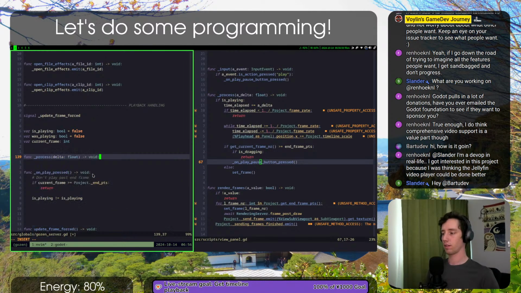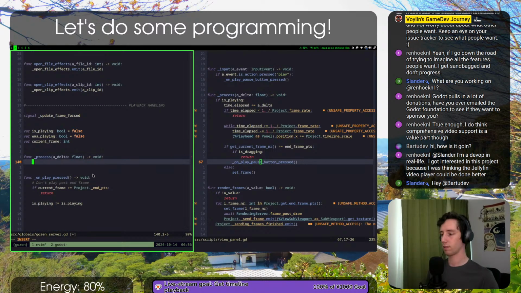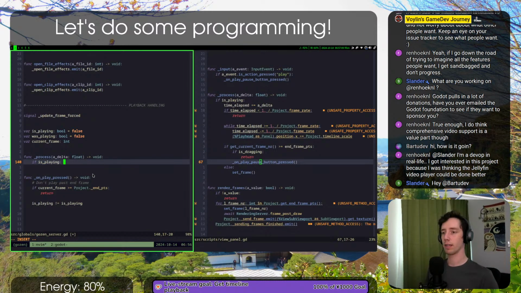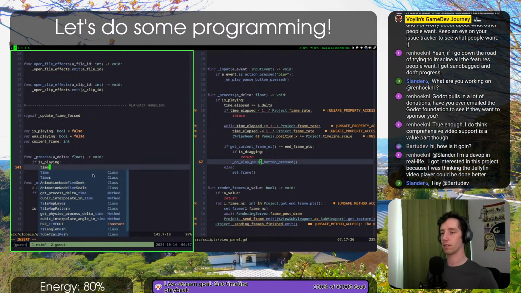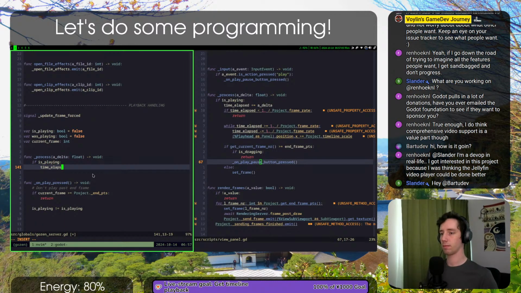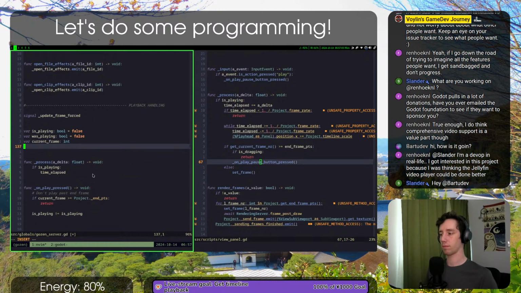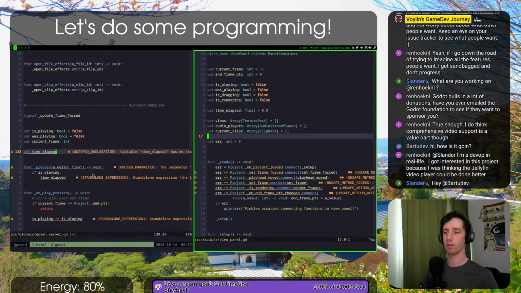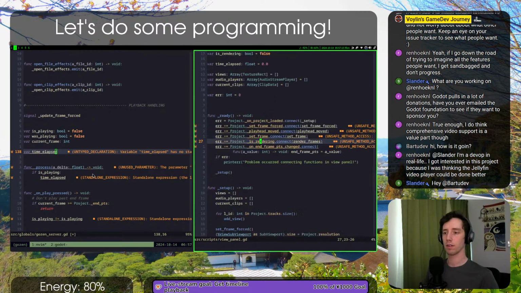Func process. I will need delta, if it's playing, and time. What is time elapsed? Is that a float or